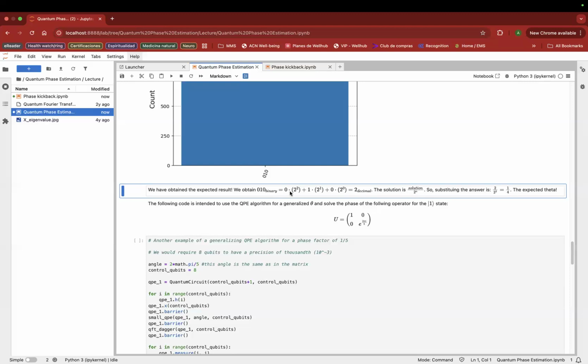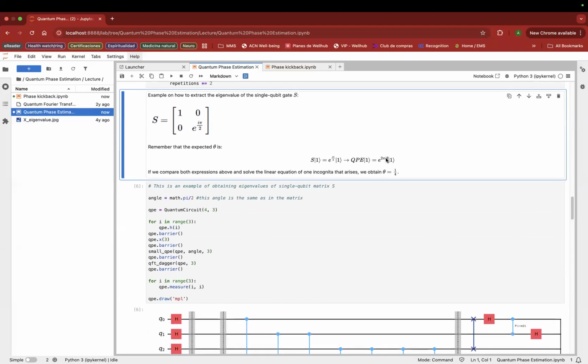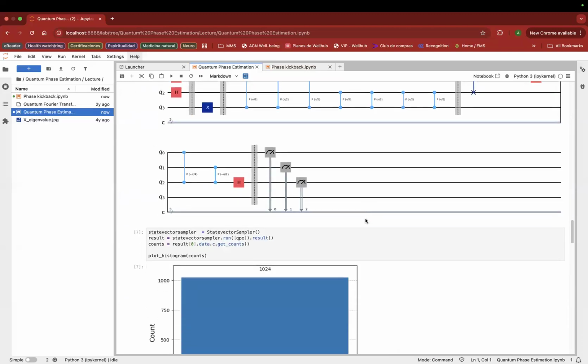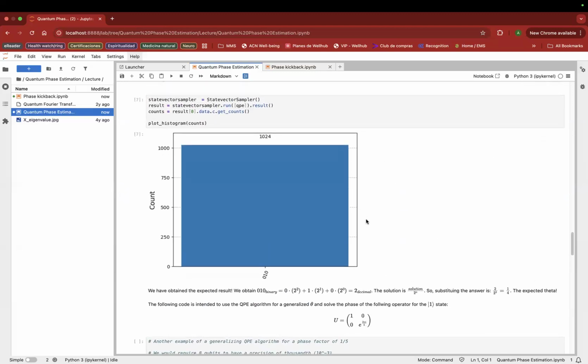So I put that here because in theoretical quantum algorithms, and not only theoretical ones, you always need to do a pre-processing, like managing the data in quantum machine learning, and a post-processing, understanding what these variables belong to in the real solution. This is the case, for example, where we get the counts, we get the binary number, but then we need to do further post-processing to finally get the theta we expected. And what we get here is this theta over here. Okay, and this is all the quantum phase estimation algorithm and how it works.